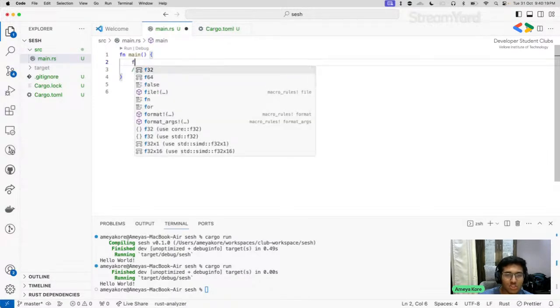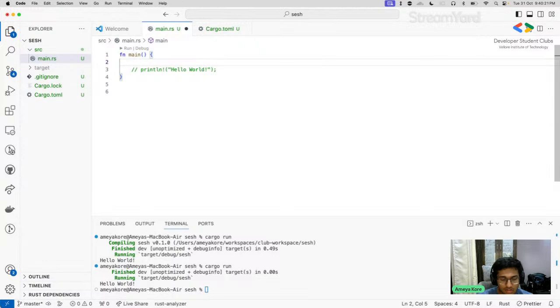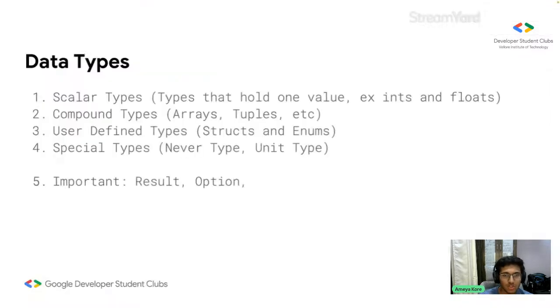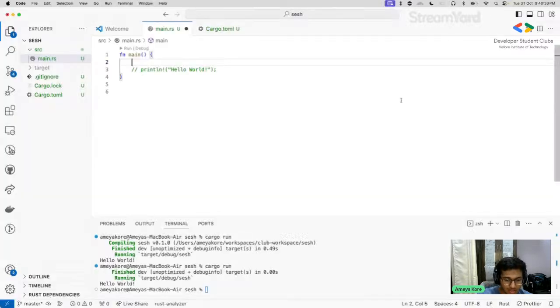Then you have the floats. So these hold floating point numbers. So again, you have f32, f64. So those are your types. So those are scalar types. You also have strings, right? So let's say you have,